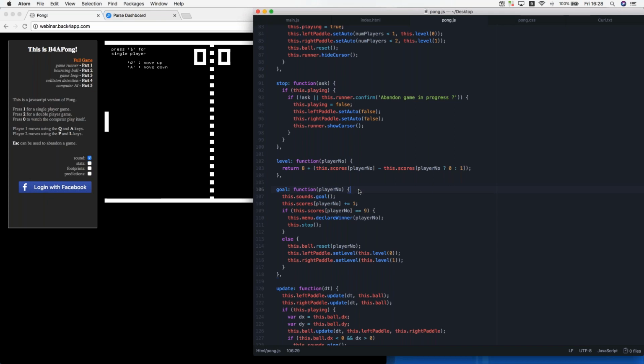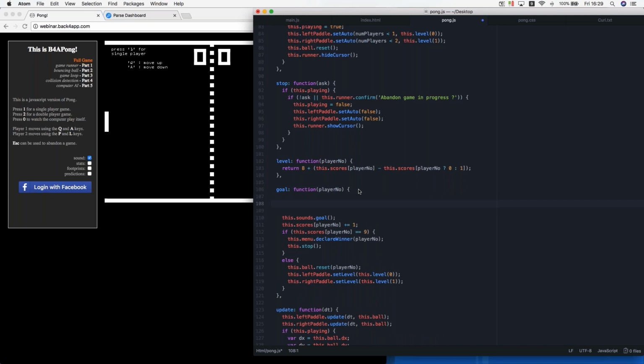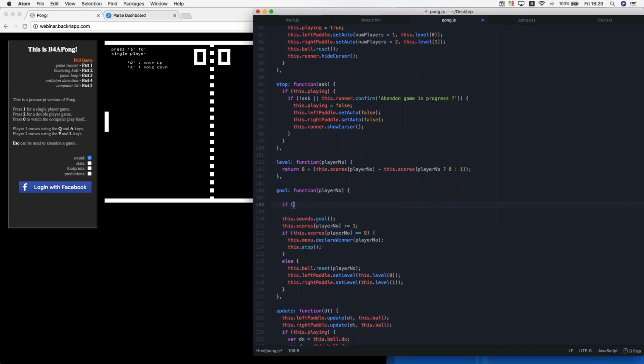And this is not Back4App related, it's just game related, okay? I'm going to put an if player number